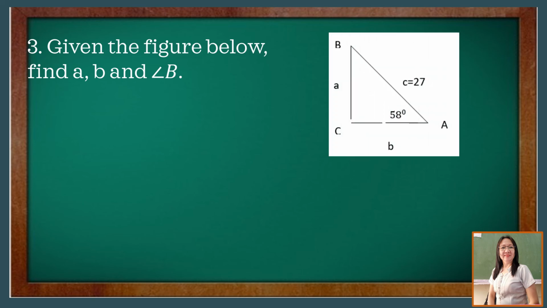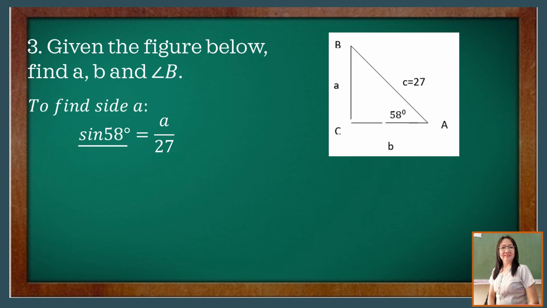Now let me give you another example. Given the figure, find side A, side B, and angle B. To find our side A, we are going to use the function sine, because we have the reference angle 58 degrees, and side A pertains to its opposite. And then 27 is our hypotenuse. So opposite over the hypotenuse is the sine function. So sine 58 degrees is equal to A over